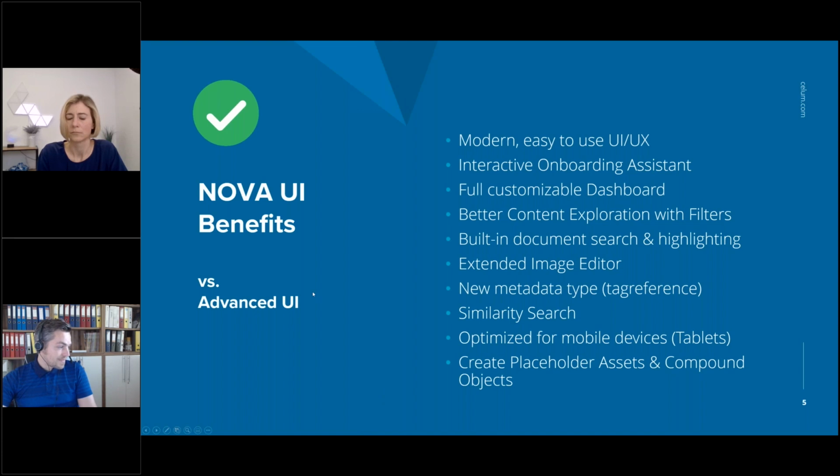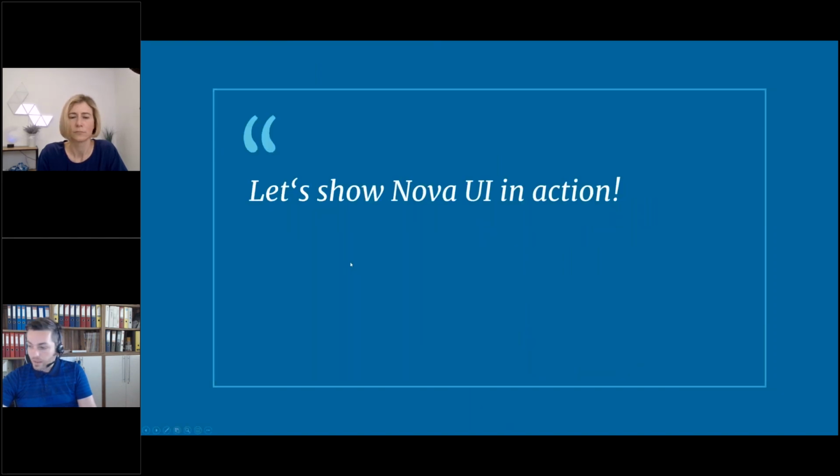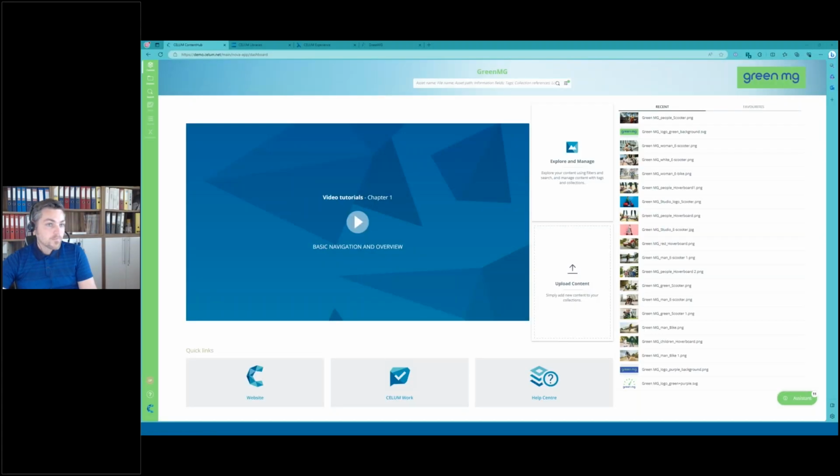Good. That's it. So that was the theoretical input, the rough overview between Advanced UI and Nova UI, but I would say we don't have that much time and I want to show it to you directly in the system. So let's move on. And you should now see my Nova UI dashboard, which is also branded